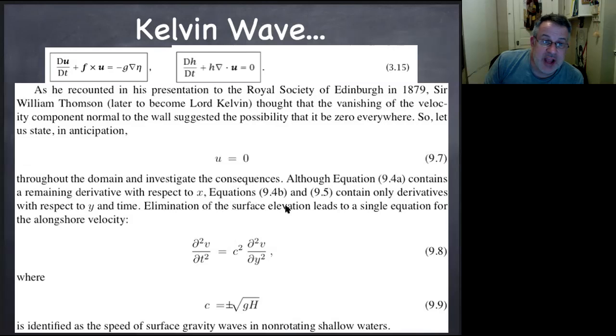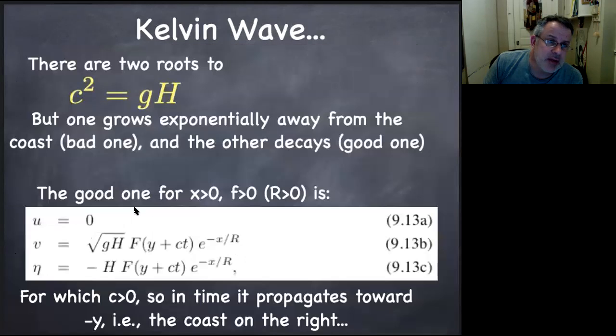Is this a gravity wave? Kind of. But we have a Coriolis force, and we have this additional weird u equals 0 assumption in the beginning. So how does it work if we continue? Is it following beyond the gravity wave? It turns out that it has a structure in y and a structure in x separately. So the structure in y looks like a unidirectional propagating wave. It's just some function of y plus ct.